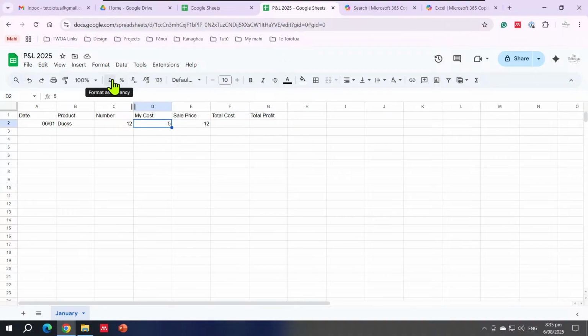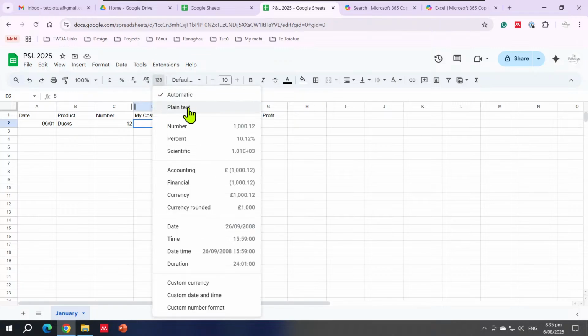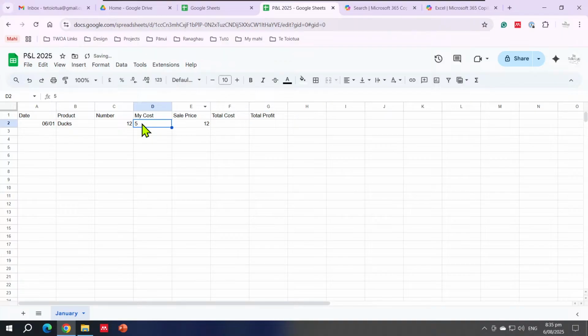We can come up here and choose things like number. If I go plain text, it's going to put that to the right-hand side. Automatic, it's just going to figure it's a number. So text, it aligns to the left. Numbers, it aligns to the right. I've got format as currency, so I can click on that, but it's giving me pounds, and I don't want